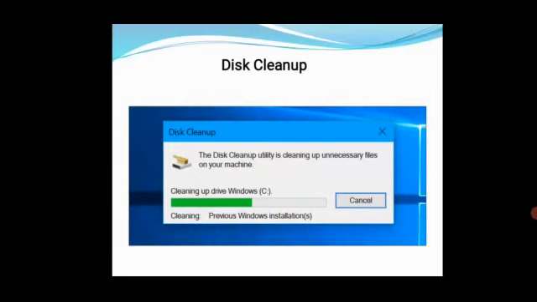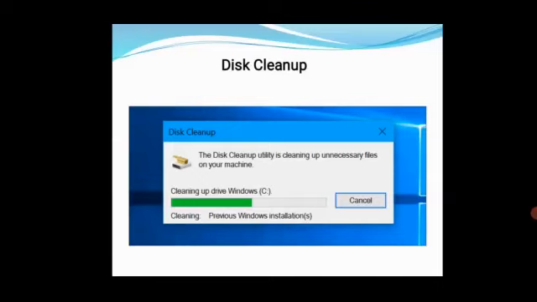We can store our documents, whatever they may be, documents or picture related, in any directory. For example, I have stored a lot of files in the C drive, and unnecessary files are in that C drive. I want to remove the unnecessary files. So what do we have to do? Do you have any idea?